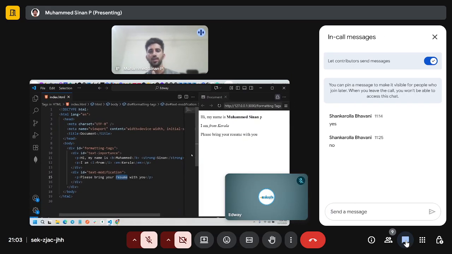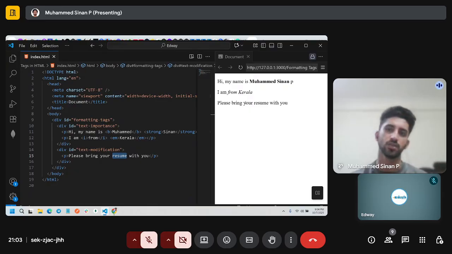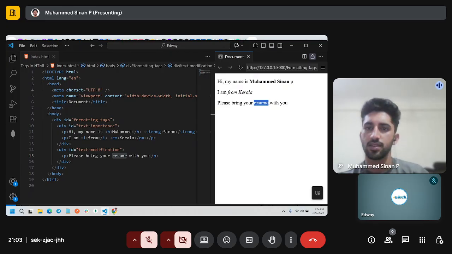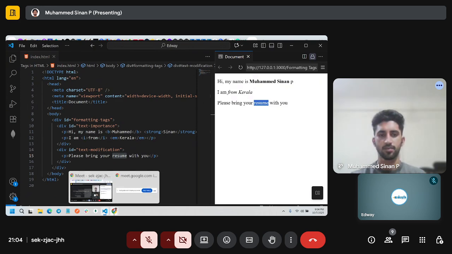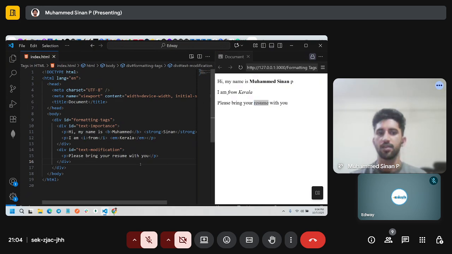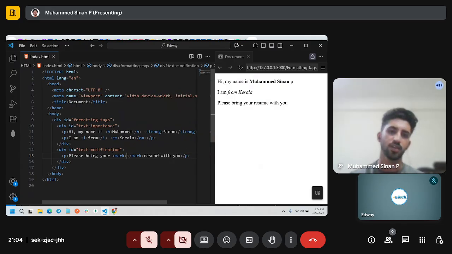How can we do that in the web page also? You need to highlight like this. As you can see the result here, please bring your resume with you, and we need to highlight that. How can we do that? There is a formatting tag for that also, and it's called mark. Can you guess what happens if I put the resume inside this mark tag?